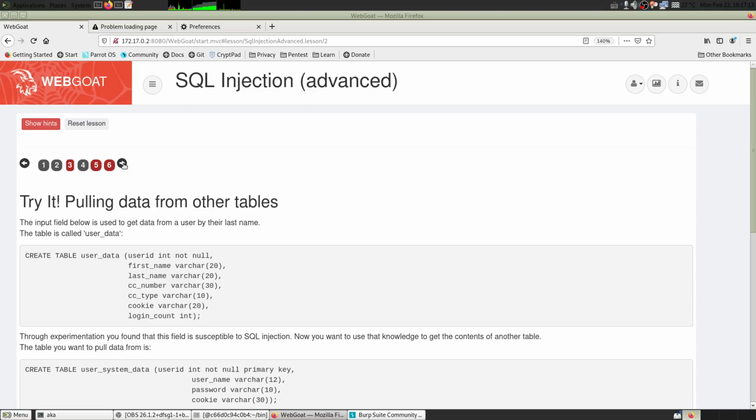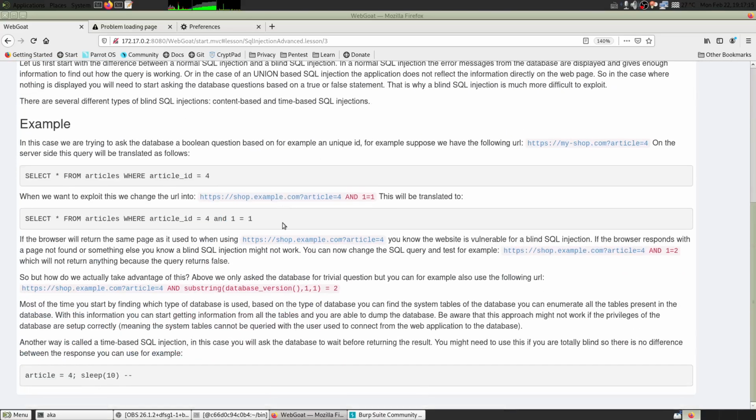What happens in blind SQL injection is there is no output, no error, and hence basically you are blind as to what the database is doing, or the output that you are getting from the query. So you have to write true and false statements to see what the database is returning. The example given here is something like this: article 4 and substring this is equal to 2. If this is true, the web page will probably display something, and if it is false, then web page will display something else.